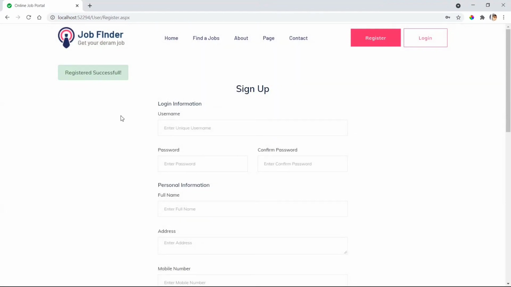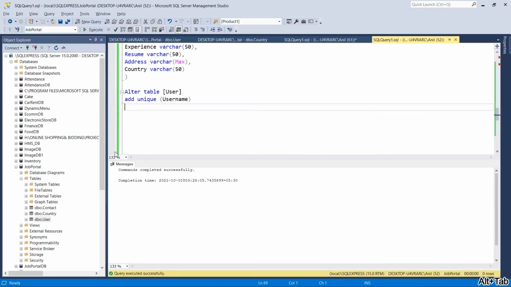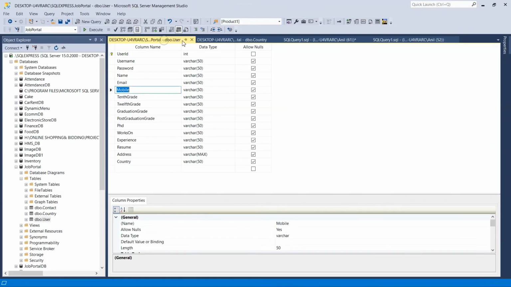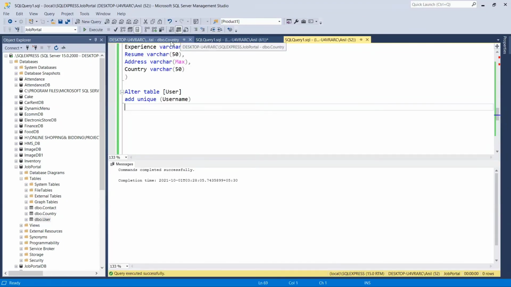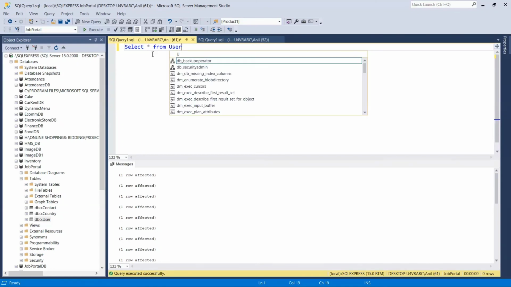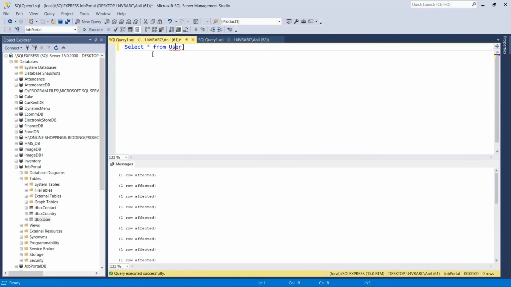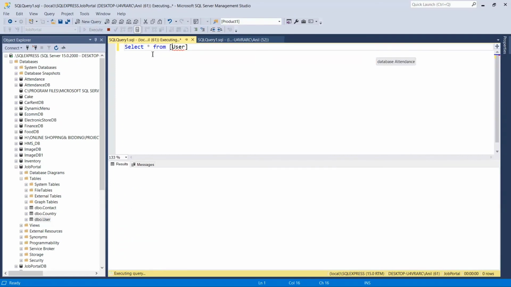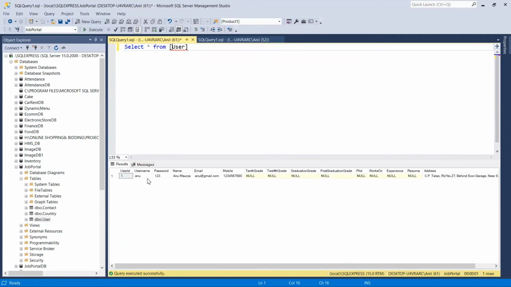Let's check in the database. We can see here the first data has been inserted. So that means our register page is now working.